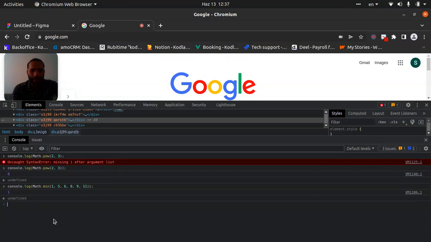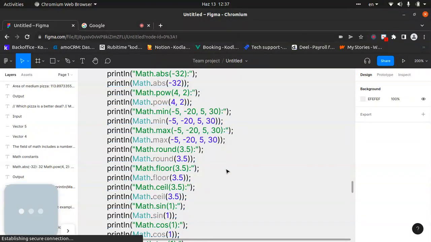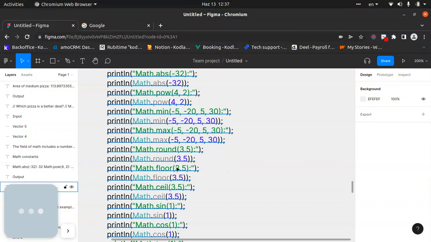Did you see? Let's look for the max. Just let me change the min built-in function to max. Yep, let's press enter. It will give us 11, which is the maximum number in our parameters. So let's look at what we have after that. Min, max,